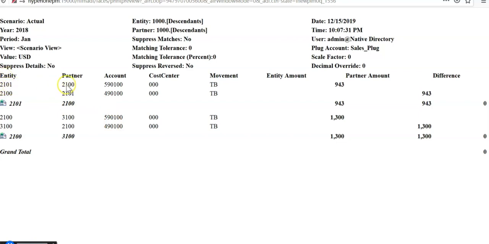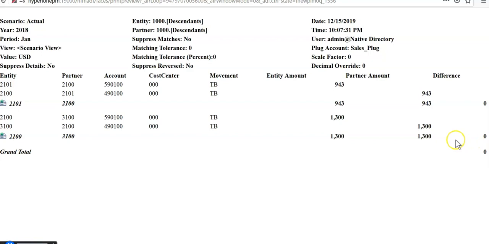2101 entity, partner 2100, COGS as 943. 2100, partner is 2101 and account is this one, and 943, the difference is 0. Similarly 2100 entity, partner 3100, 1300 and the difference is 0.